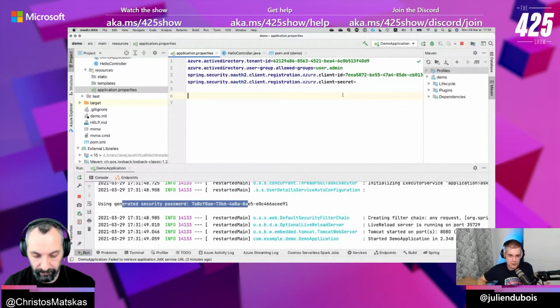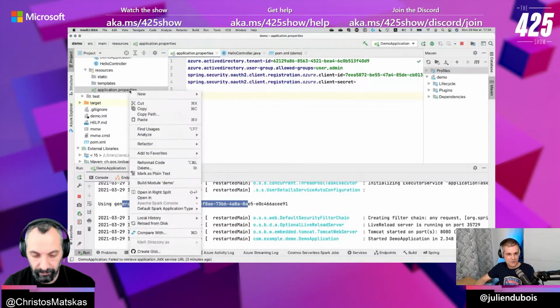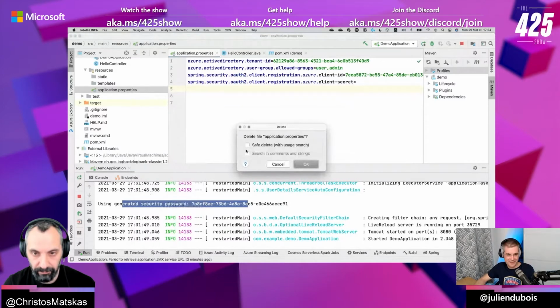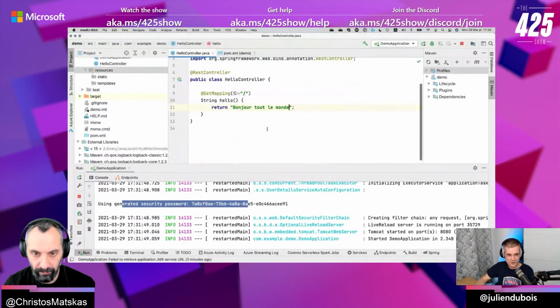But of course, it removes the need to put your configuration data inside GitHub. So that's a good option. A second option, by the way, that's the one maybe I'm going to use now, is, for example, I'm going to even delete that file. Okay, so I'm not going to make any mistake.